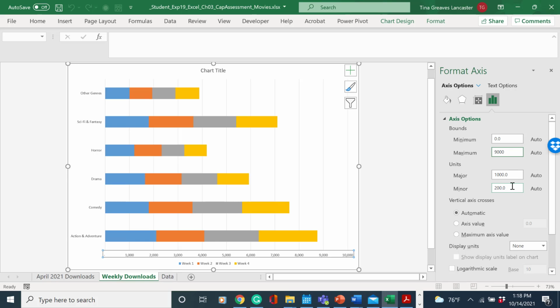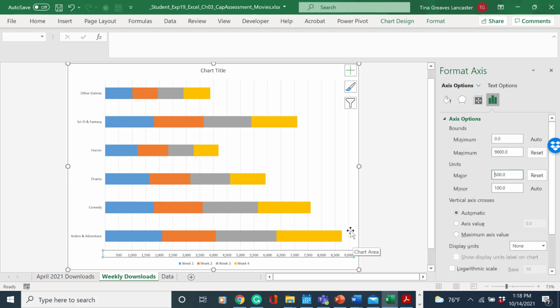And I believe it wants it to be 500. So you get a little bit better visual of if you make the numbers more accurate. Now, another thing it wants us to do